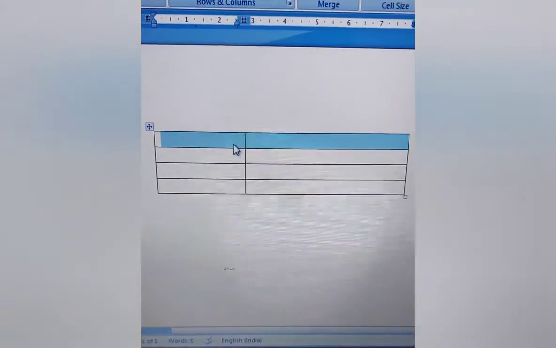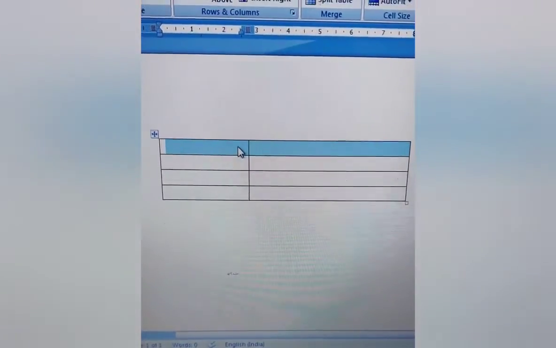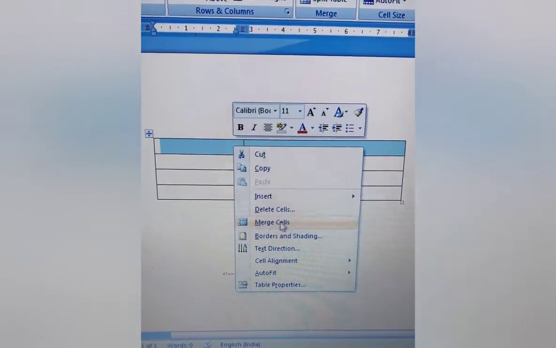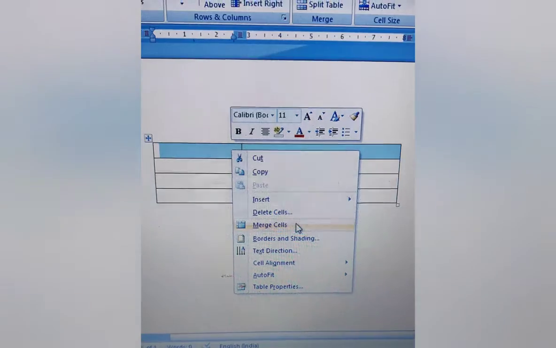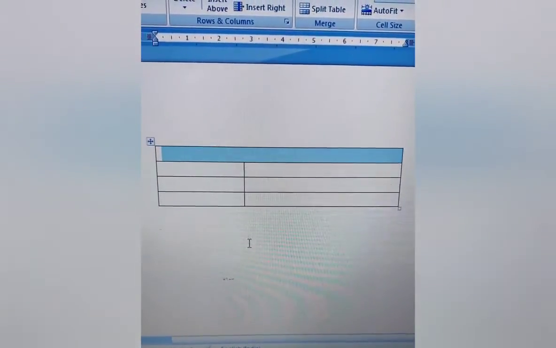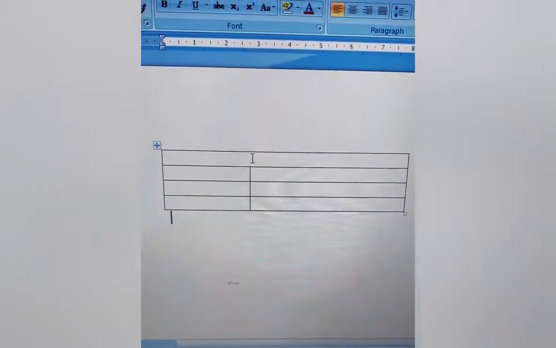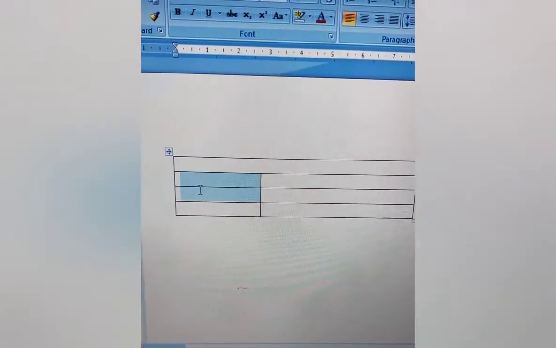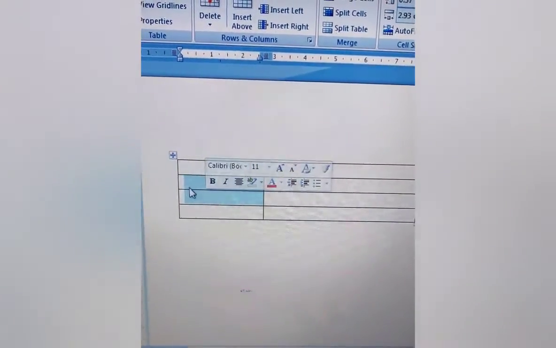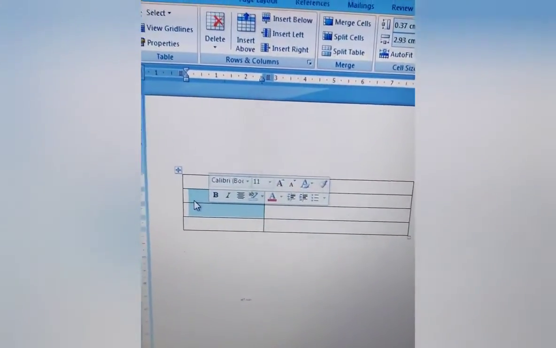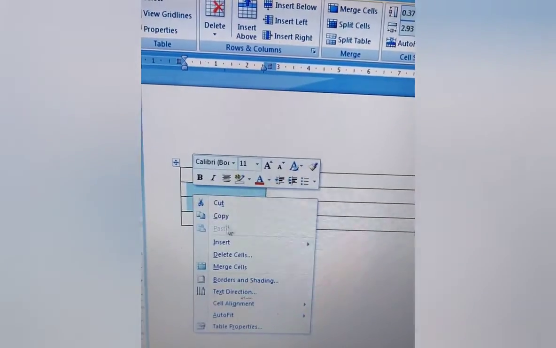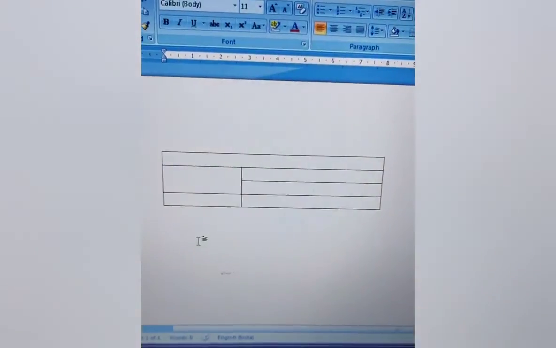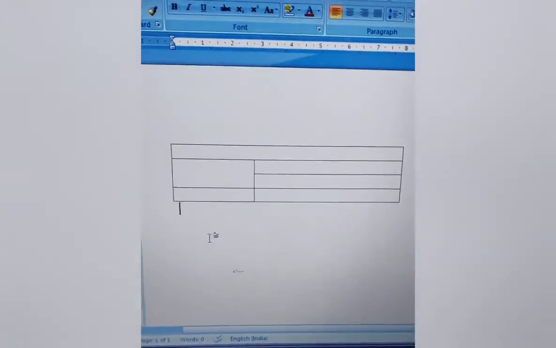After selecting the 2 adjacent cells which we want to merge, we will right click. Okay, right click on the mouse, and there you can see the option merge cells. As I click on it, it is merged. Can you see? The 2 cells are merged. There is no division between them. Similarly, we can merge these 2 rows as well. For that, we have to select these 2 adjacent cells and again right click, merge cells, and they are merged. Can you see? So this is how we can merge cells.